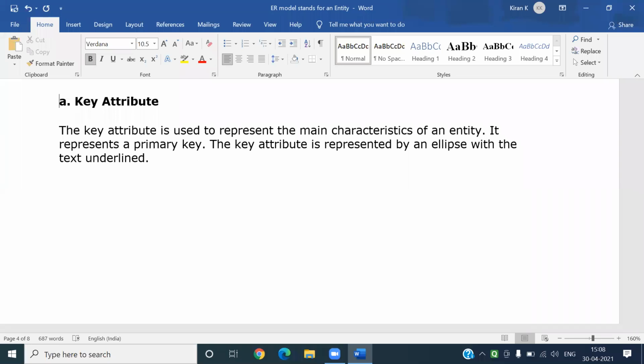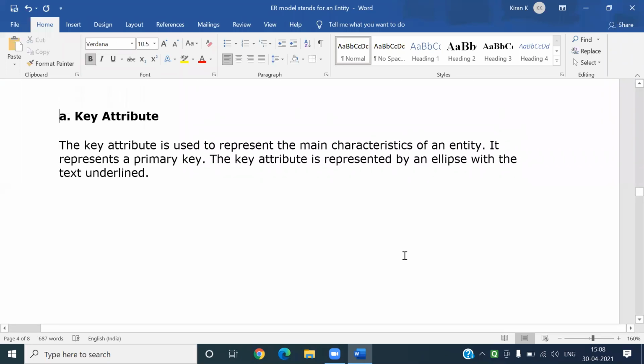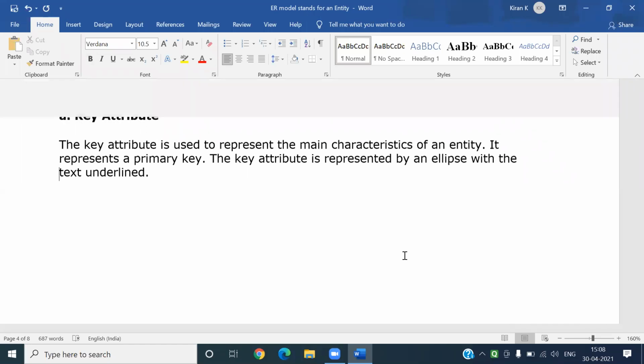It represents a primary key. The key attribute is represented by an ellipse with the text underlined.